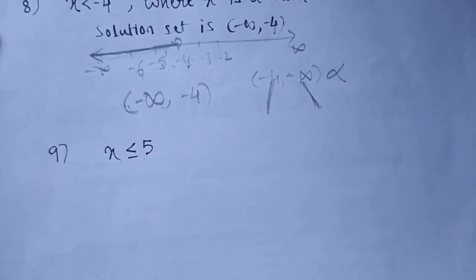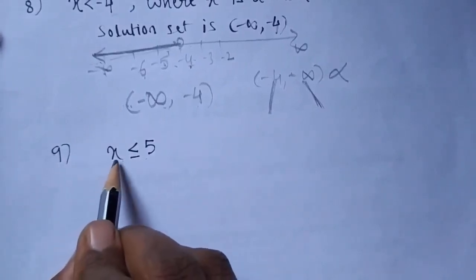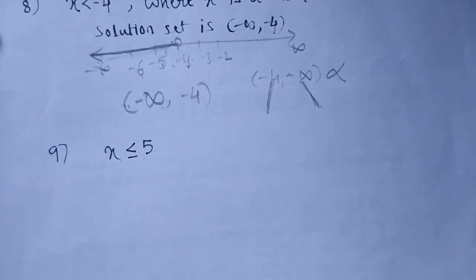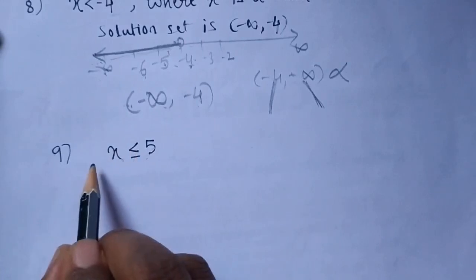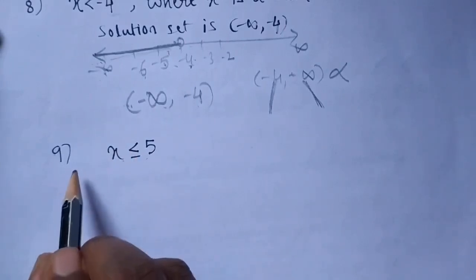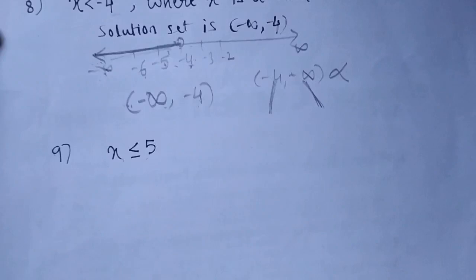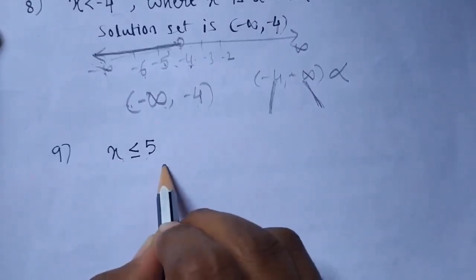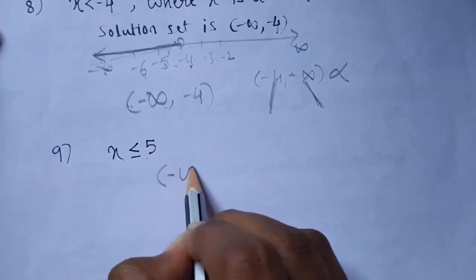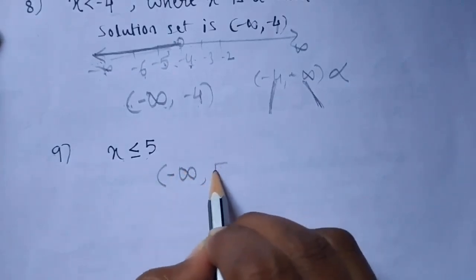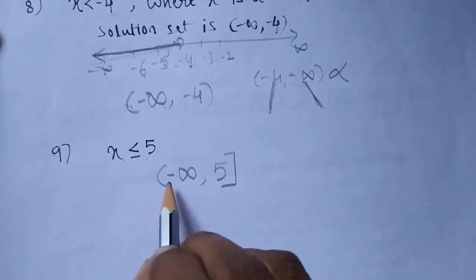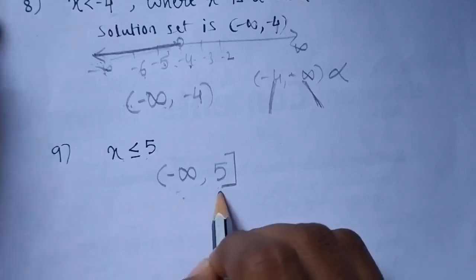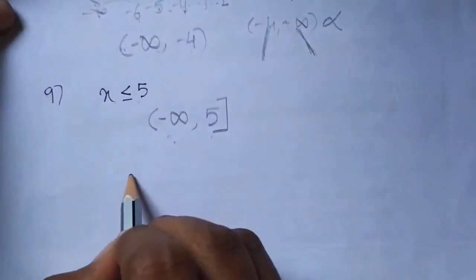So here we have not mentioned what x is, so we understand that x is a real number. Then the solution set is all the real numbers less than or equal to 5. Less than 5 means we can take 4, 3, 2, 0, minus 1, minus 2, all the negative real values. So all these values go from minus infinity up to 5, and 5 is included, closed towards 5. If you do not understand how to write the interval, then you can refer to the number line also.